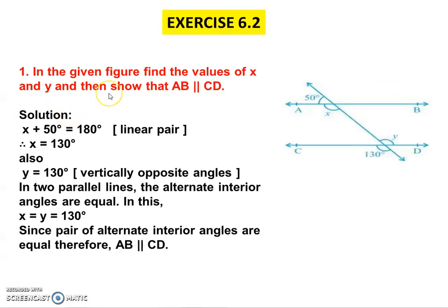So first question, in the given figure we have to find the value of x and y. So see the figure, certain angles are given to you and certain unknowns you have to find out. Now here if you see x plus 50, this forms a linear pair of angles. So x plus 50 is equal to 180 degrees. So with that you can find x equal to 130. Now also y and 130 degrees, these are forming a pair of vertically opposite angles. That is, when two lines intersect, then these vertically opposite angles are equal. So y will be 130. So that is how you will find the values of x and y.